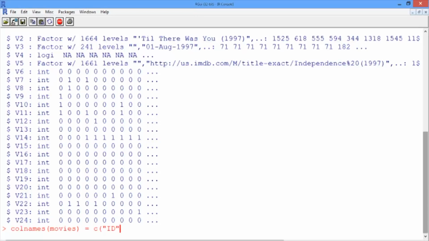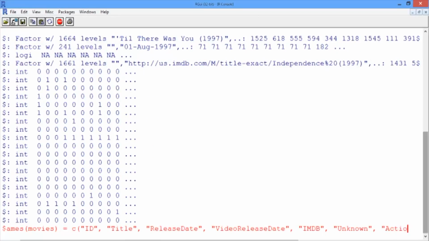So first we have ID, the ID of the movie, then title, release date, video release date, IMDb, unknown, this is the unknown genre, and then our 18 other genres: action,